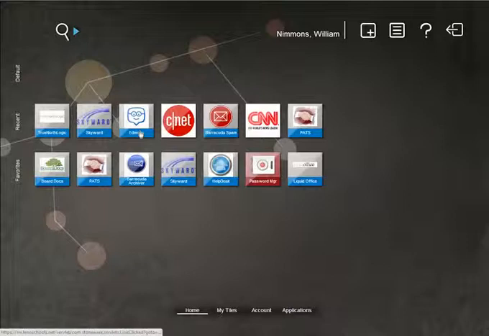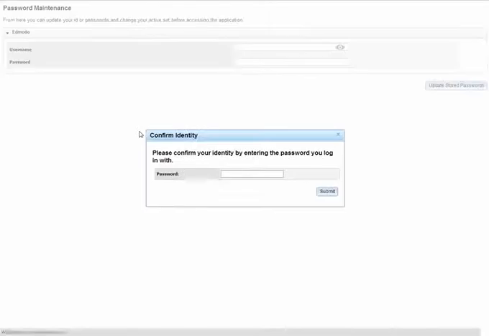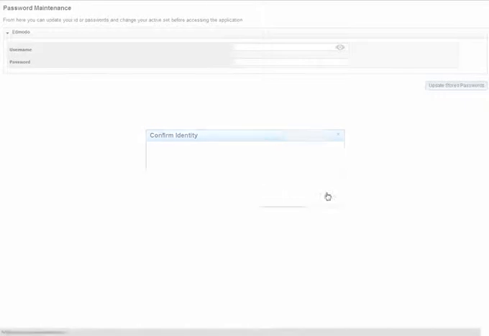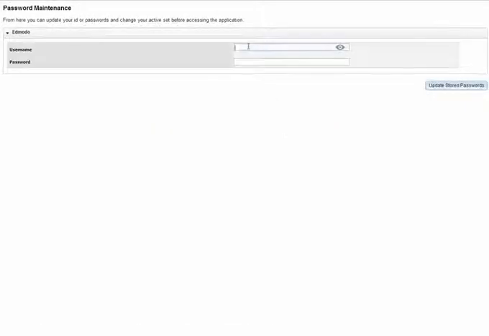If I click on this Edmodo link here, the first time I go into it, it's going to prompt me for my username and password. Before I can enter anything up here, I've got to first tell them I'm legit, I'm the authorized user here, so I've got to use my network password here to be able to change anything. So I type in my network password, hit submit,